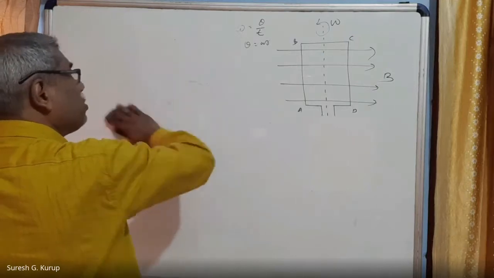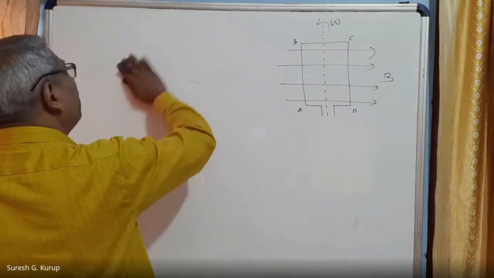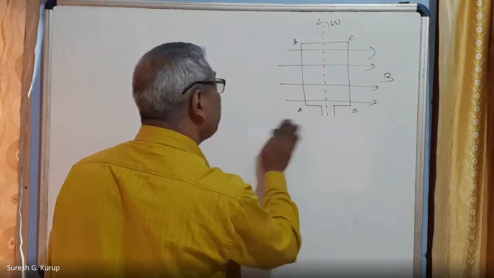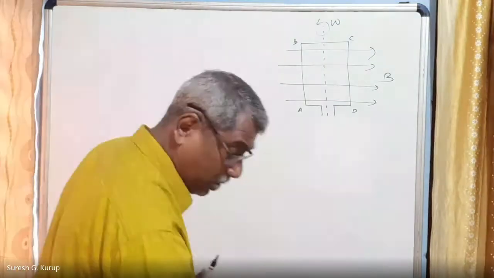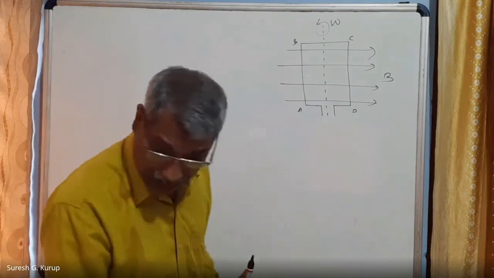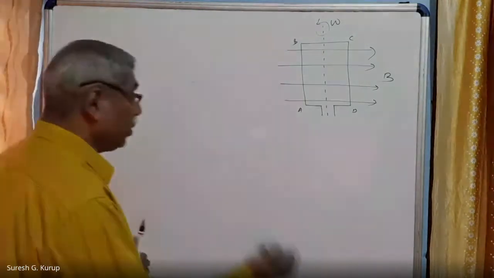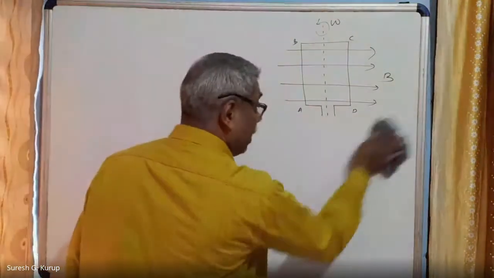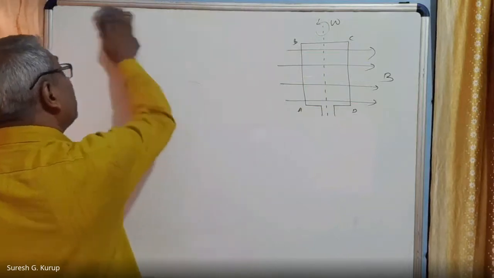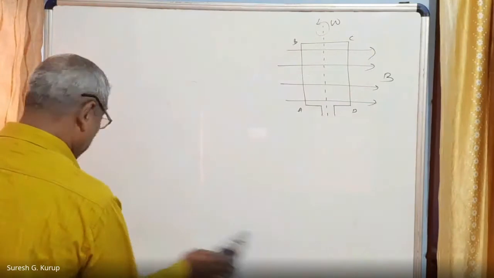Graphical representation. The coil is rotating in a magnetic field with a constant angular velocity, and also the magnetic field is a uniform magnetic field. So the magnetic field intensity value is a constant every time. So it is a uniform magnetic field, and the coil is rotating within the uniform magnetic field with a constant angular velocity.